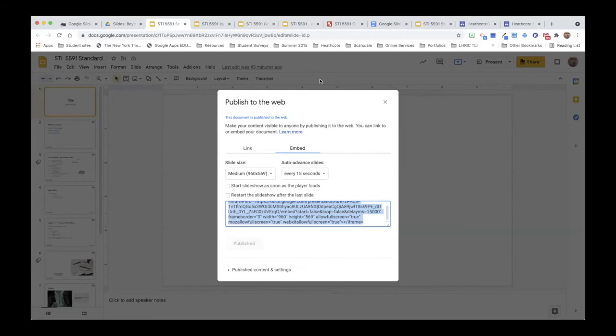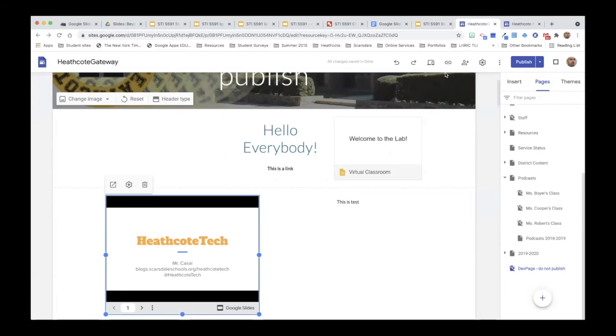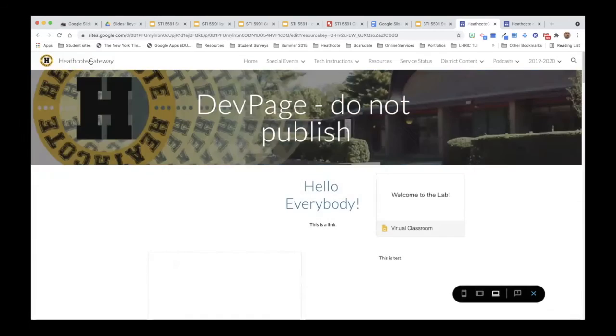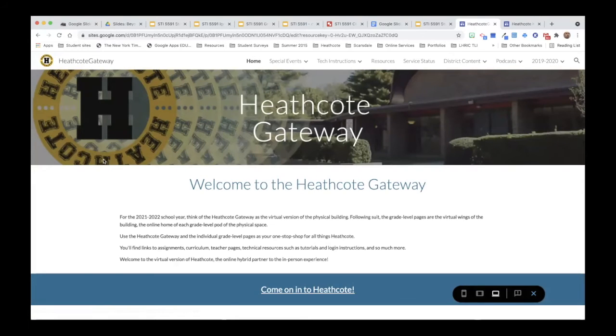And like with mine, with that Heathcote Gateway, what I've done is, and I'll show this to you guys again, because this is sort of why you organize these types of things. If I come over to, so I'm just going to go to the home page. So this is the home page, right? So I'll take this link, and yes, it's crazy and long, but you take this link and you put it into an email. And what you can do is you copy this, and just like with anything,